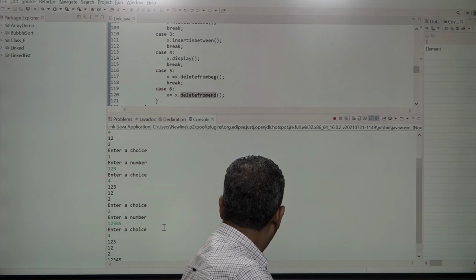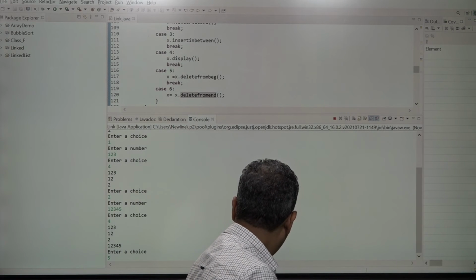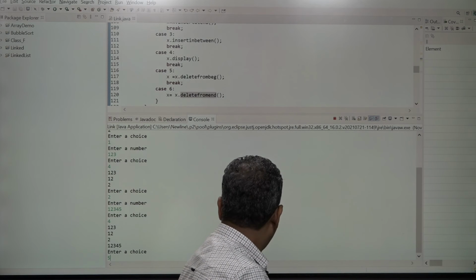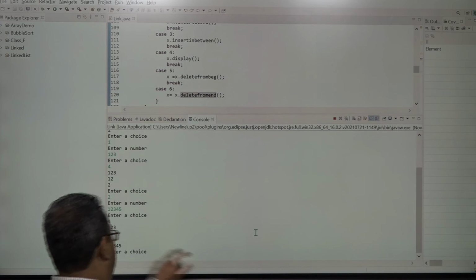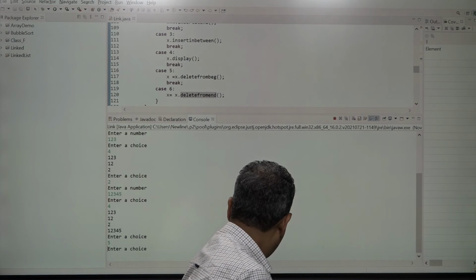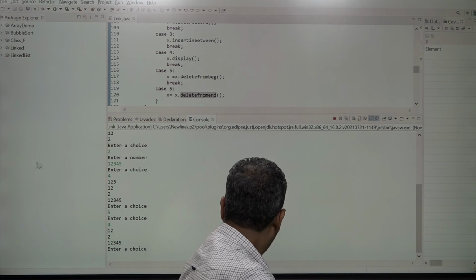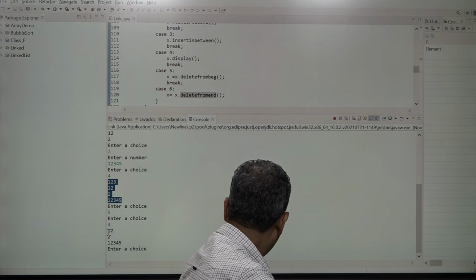I have entered the choice as 5, and now let's see what the result is. 5 is for deletion from beginning, and at the beginning the information is 123, that is to be deleted. Let's see. 123 is removed from here, and the result is this.